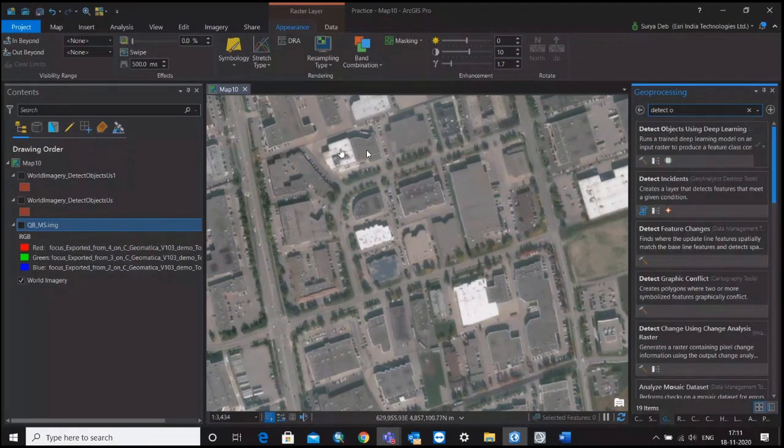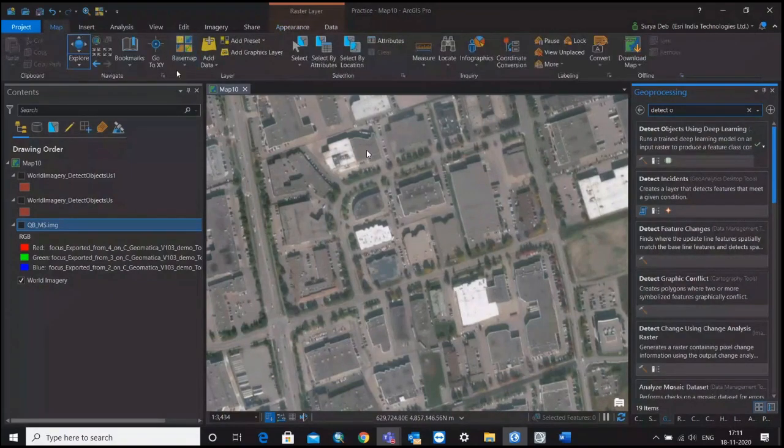One thing you should be very careful about: whenever you are running this model, you have to open the base map as imagery. It will run only over the imagery, not over any other base maps. So first you fix it in your base map, and then over this base map, the area where you are located, those buildings you can extract.